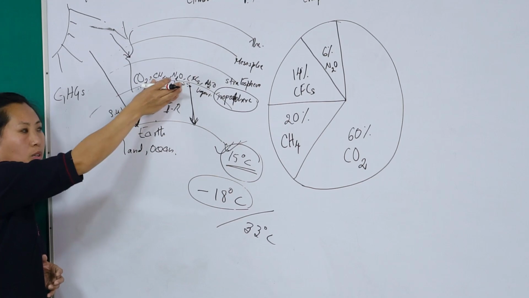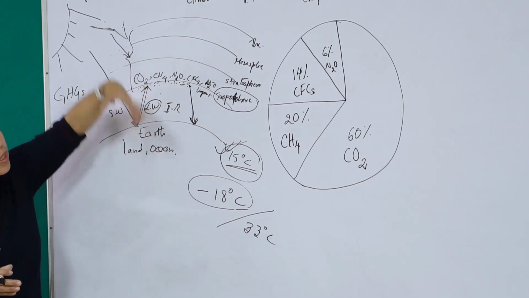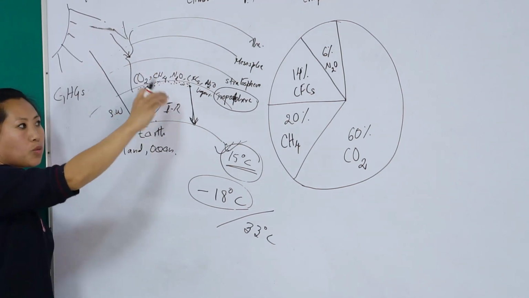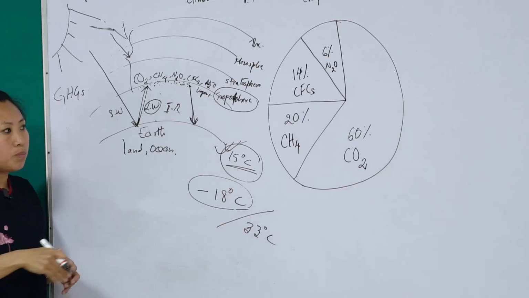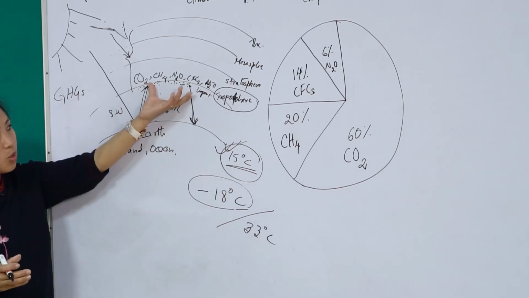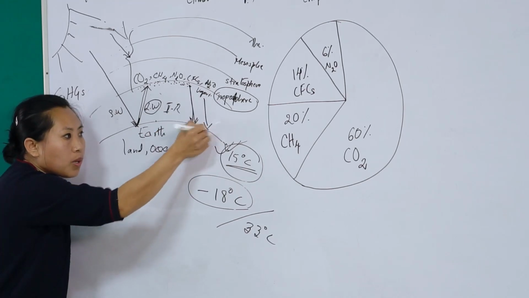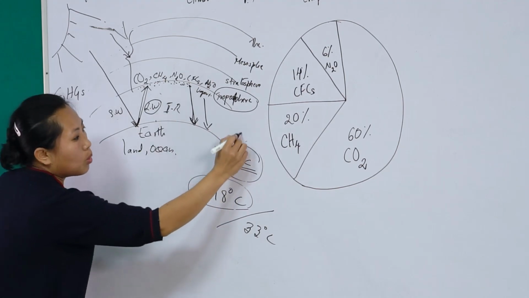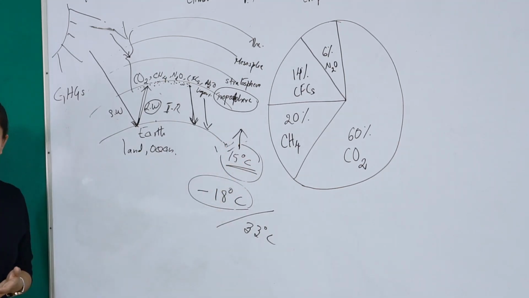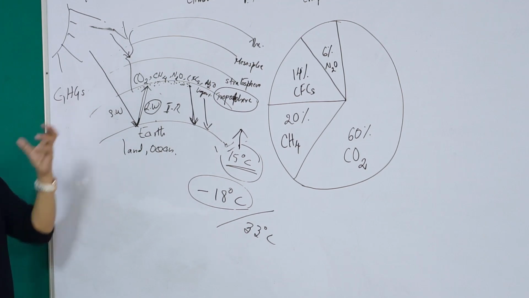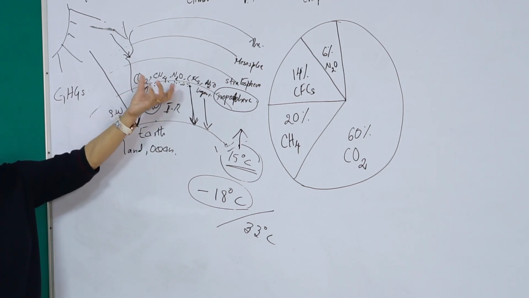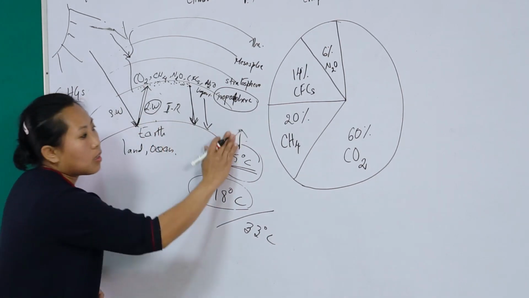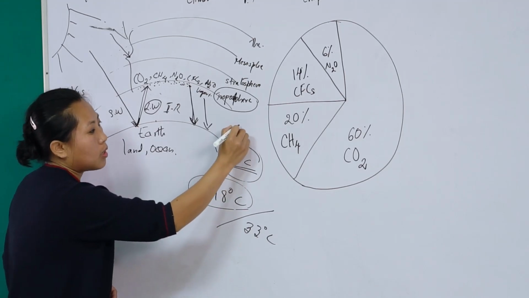More and more heat will be trapped in the troposphere, and it is not going to escape into space, but is going to be re-emitted back to the earth. So as more heat is trapped here, more heat will be radiated back to the earth, and the average temperature of the earth will rise. It is said that because of the increase of these greenhouse gases in the troposphere, more heat is radiated back to Earth, and because of that the temperature of the Earth has now increased by